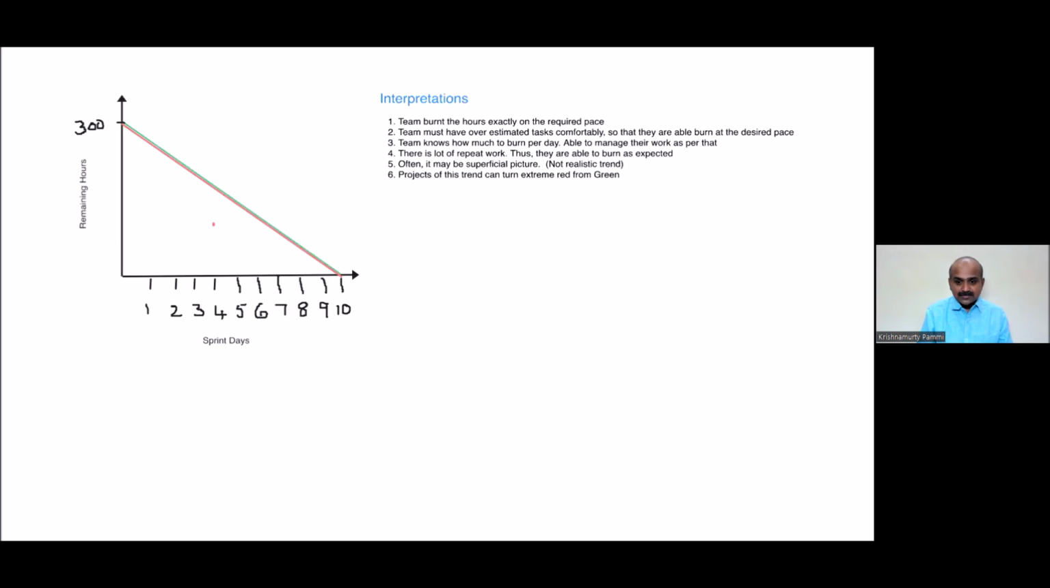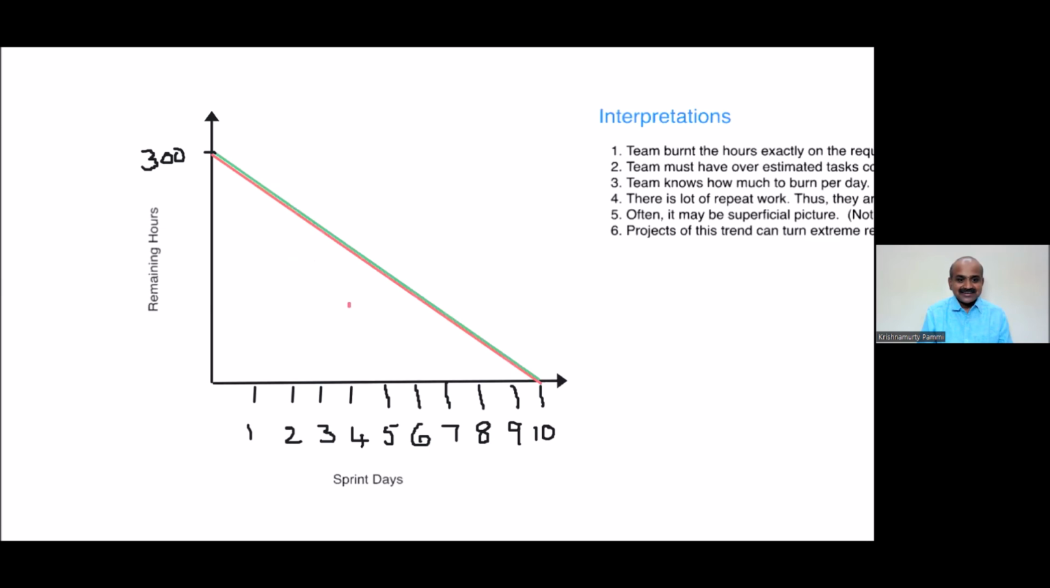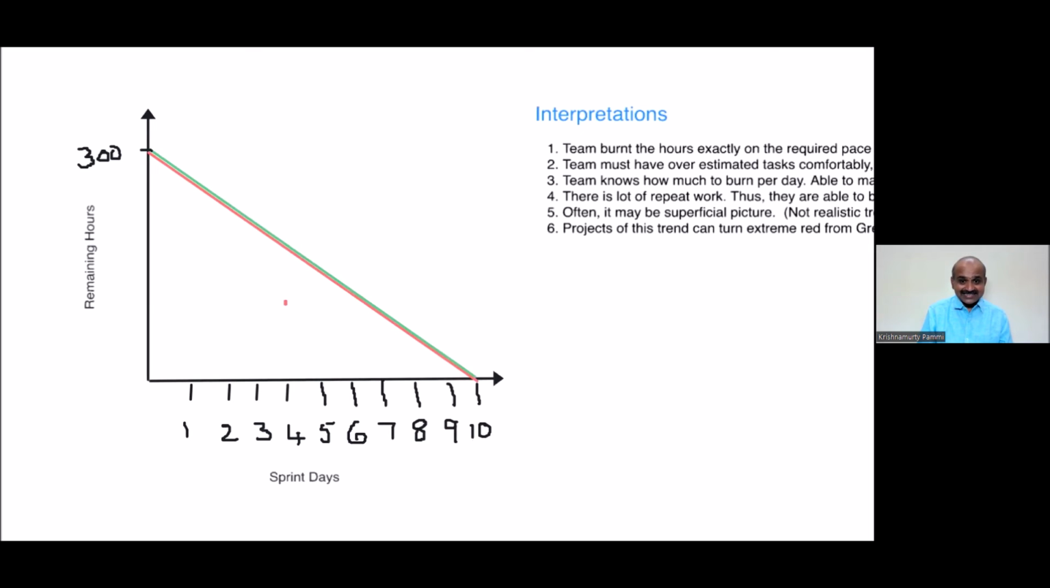See, friends, look at this pattern, right? Both the ideal line and the remaining hours are exactly on the line. What do you think about it? I always ask this question to the professionals. They say, yeah, it's good. It's good that the green line, the ideal line and the actual remaining line are progressing exactly on the same spot. So friends, I'm very happy to see at least the data is telling that the